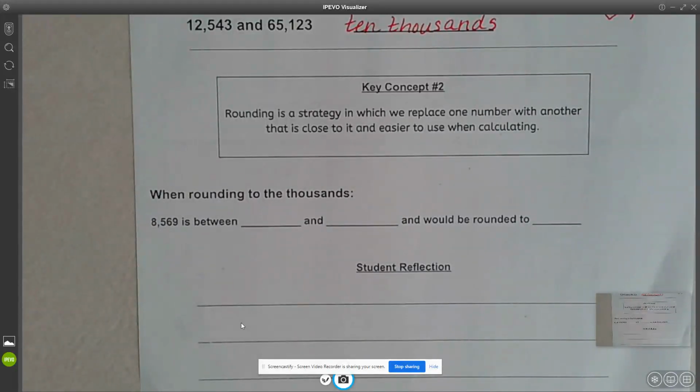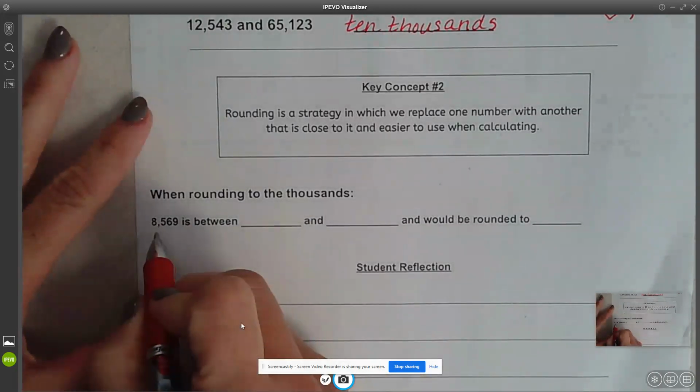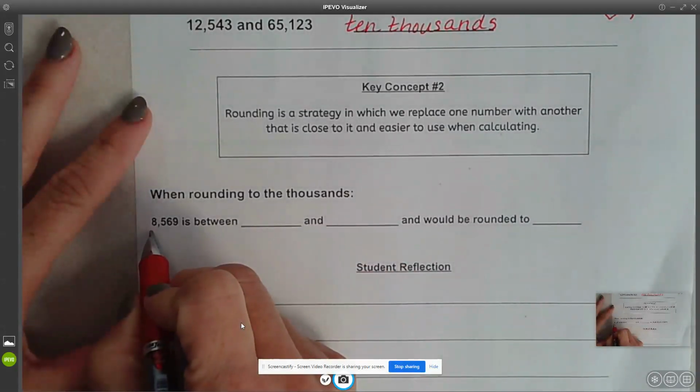the taxes. You might round when you're trying to figure out how much carpet you need to put in your living room. You might round when you are trying to figure out, okay, I'm going to need about 2 cups of milk. Should I buy a half gallon or a gallon? And you'll kind of round it up to a half gallon. Just different little things in life. So here's what we're going to look at. When rounding to the thousands,